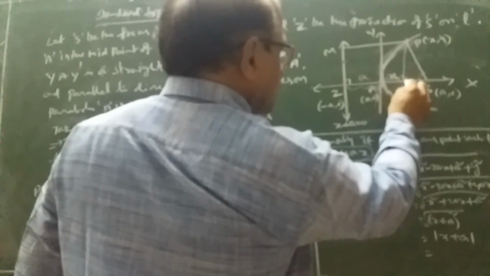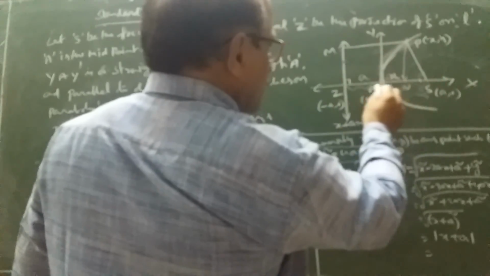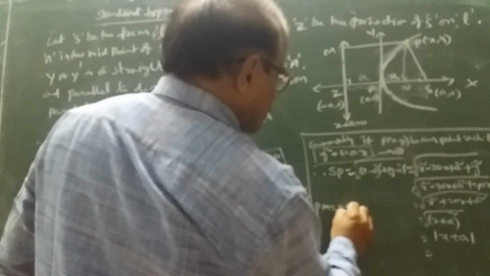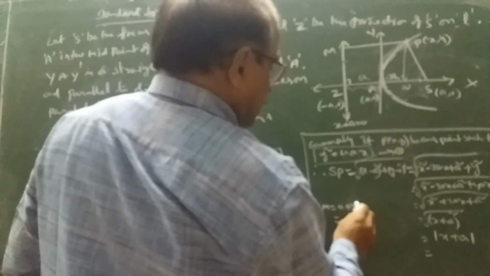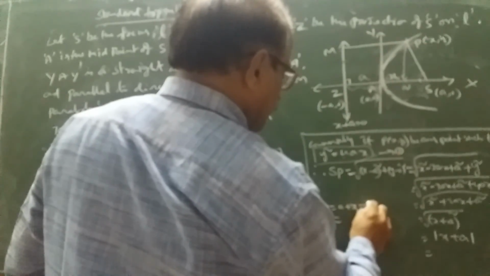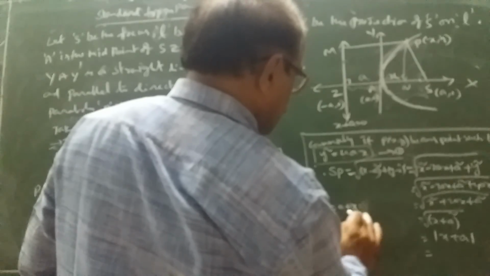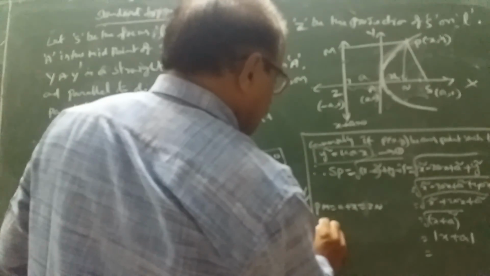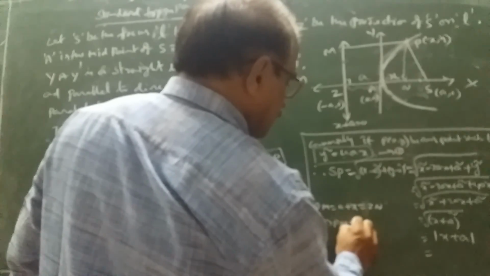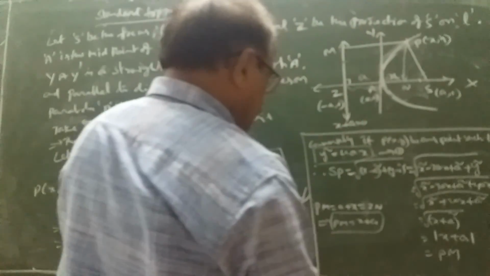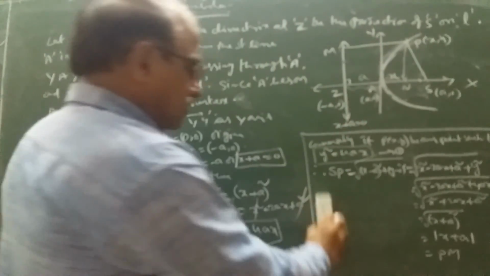The total ZN is equal to PM is equal to a plus x. That implies PM is equal to x plus a. Instead of x plus a, we can write PM. This is the sufficient condition for the